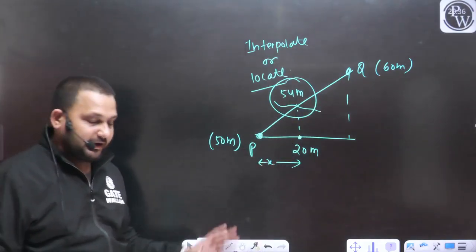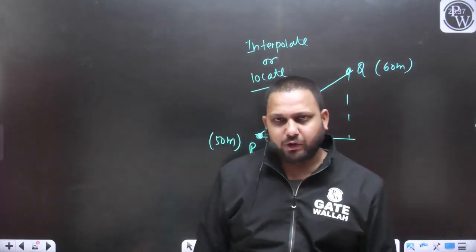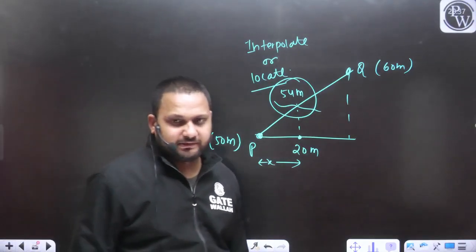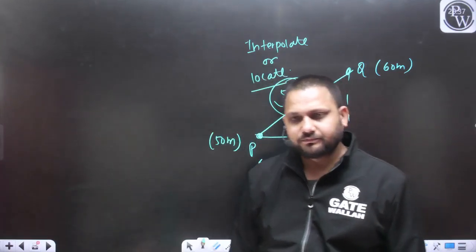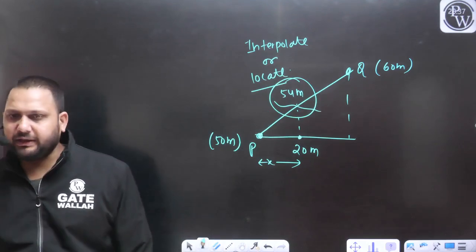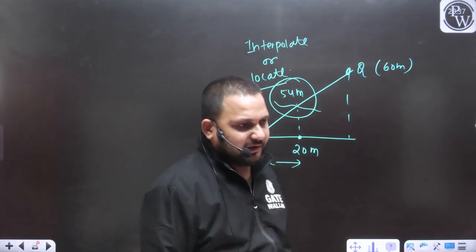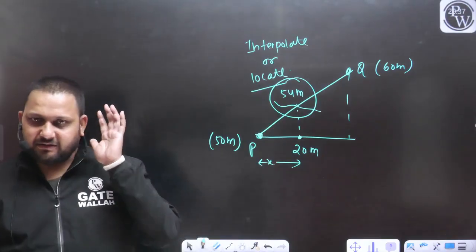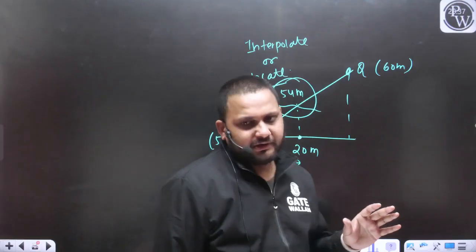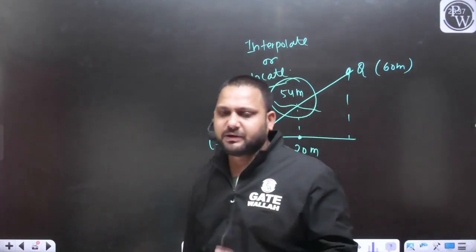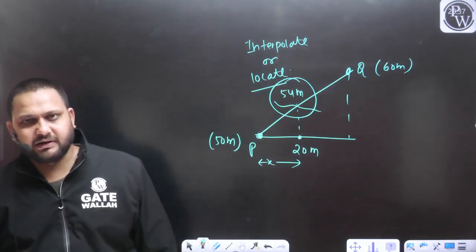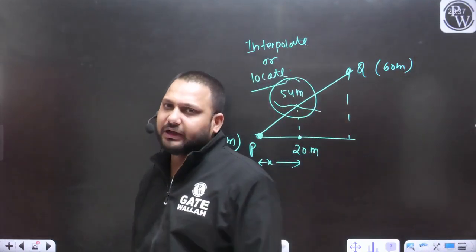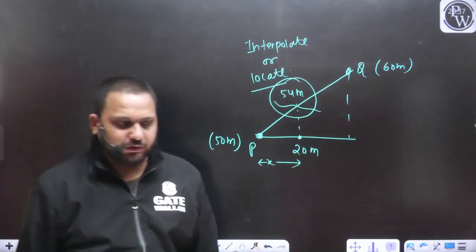And in this way, whatever contouring we are doing is known as the indirect method of the contouring. So if I talk about the method of the contouring, we can broadly classify it as the direct method or the indirect method. In the direct method, we will locate all the points. Whatever contour you required, you have to locate all the points. Just join all those points, you will get that particular contour. In the case of indirect method, we will use some methods like interpolation to locate the contour without any direct measurement.